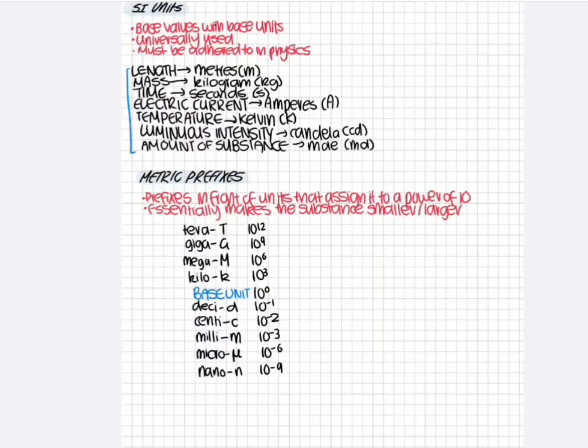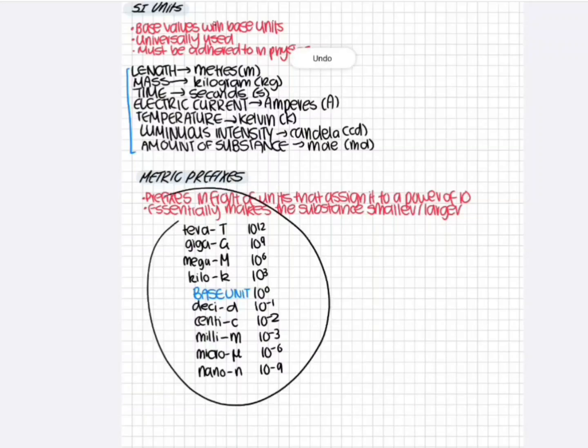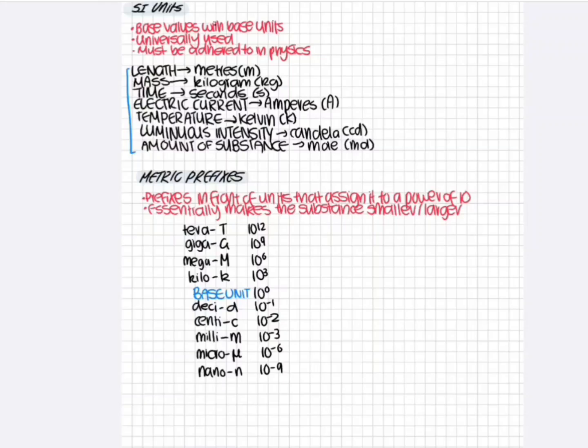So, what are metric prefixes? Another thing we need to know are metric prefixes. Essentially, these are the prefixes that may show up in front of your measuring units in order to make it a readable format. You may have heard of some of these values before. Basically, what they do is they increase or decrease the values by timesing them by a power of 10. So the ones that we need to memorize in physics are tera,